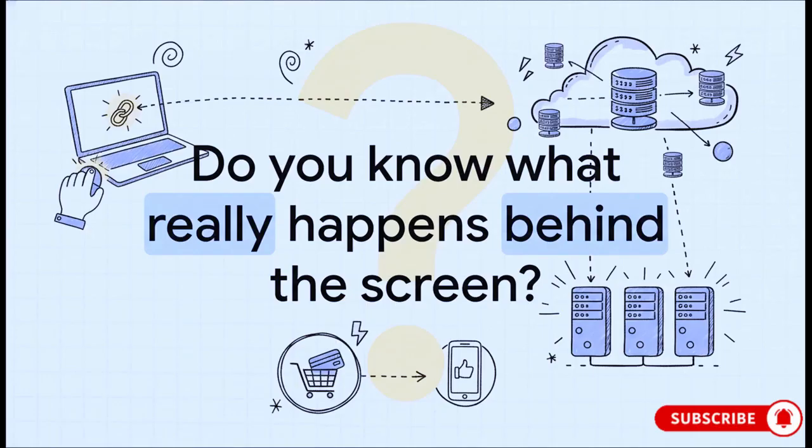Every single time you click a link or buy something online or just scroll through your social media feed, there's this complex dance happening in the background. It's between your device and some remote server. But here's the thing, it's almost never just one server. It's usually a team. So what is really going on in that split second between your click and the page